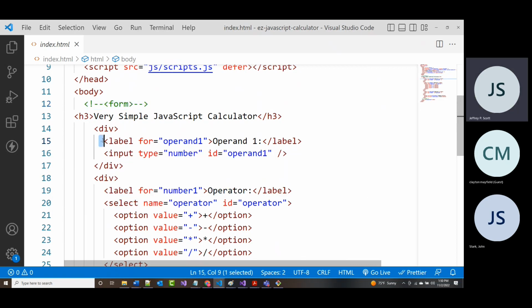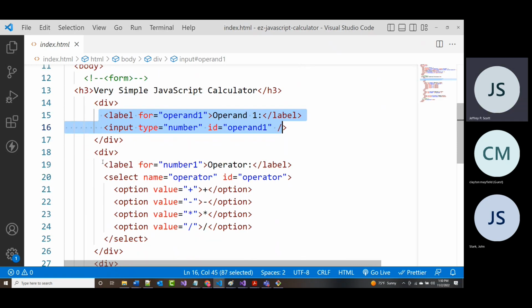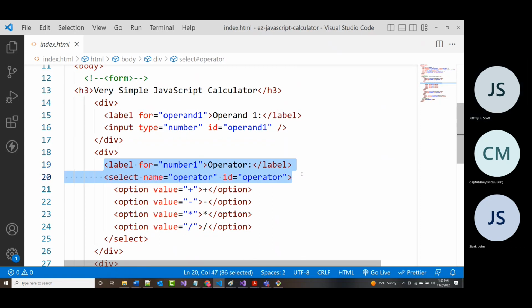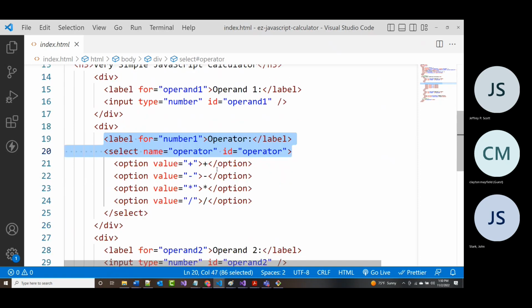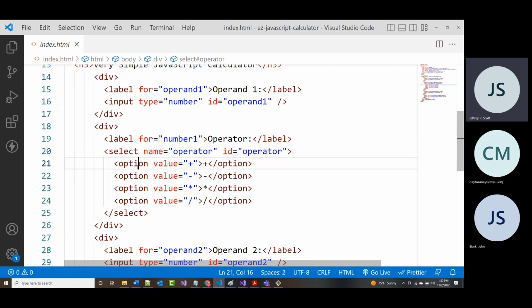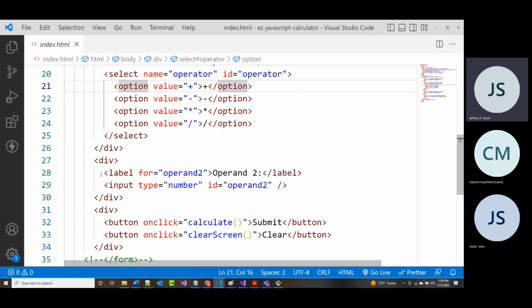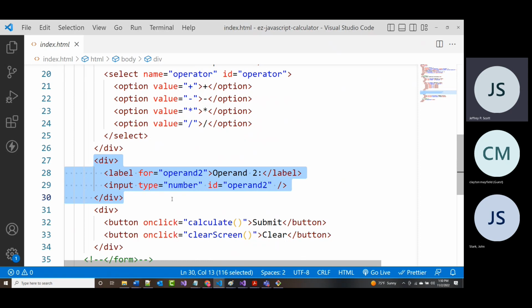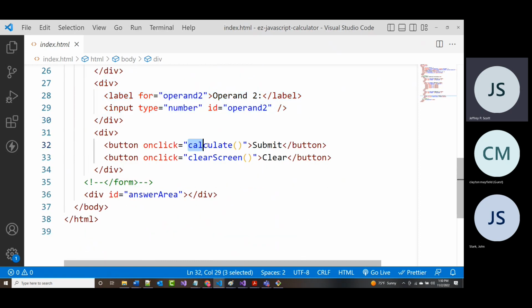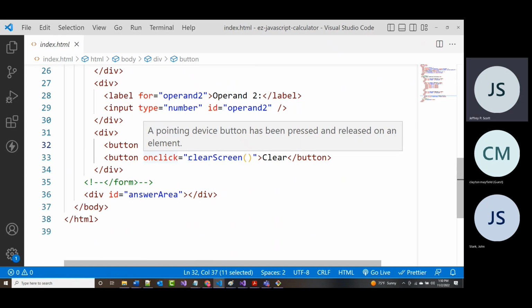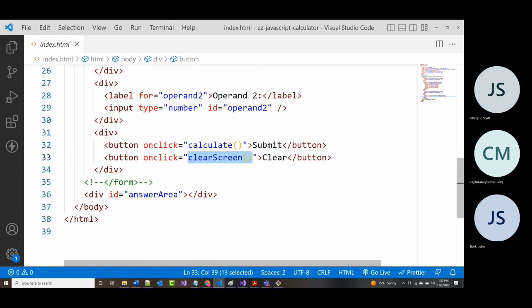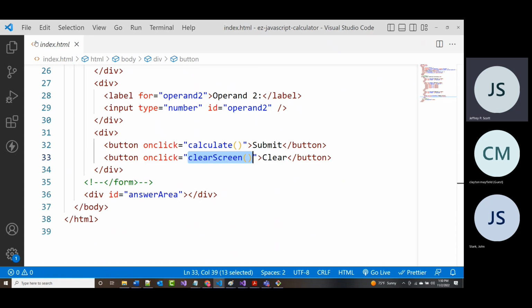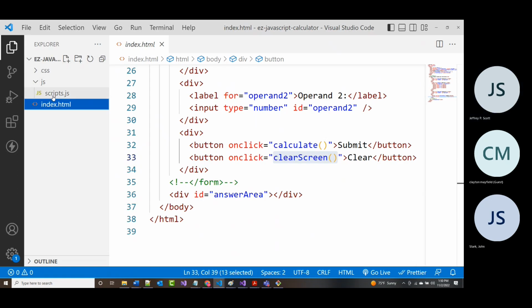All right. So here we had a label for the first number that we were putting in. Here was the one for the second number that we were putting in. No, that's the operator there. I'm sorry. Plus, minus, multiply, divide. Here is for the second number that we're putting in. I said on click, call calculate, and also clear screen. And with that clear screen, I hope I copied that in. I just was going to use the same one from the last time I did this. So again,